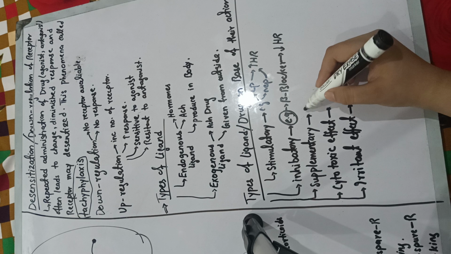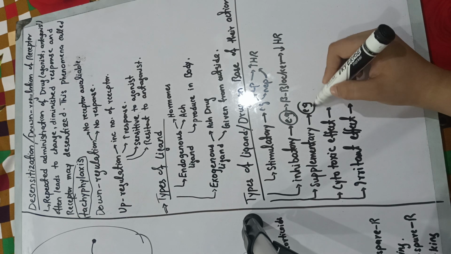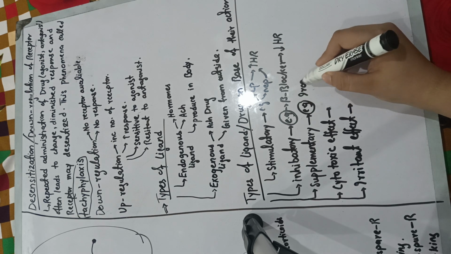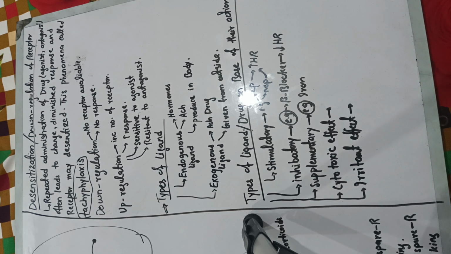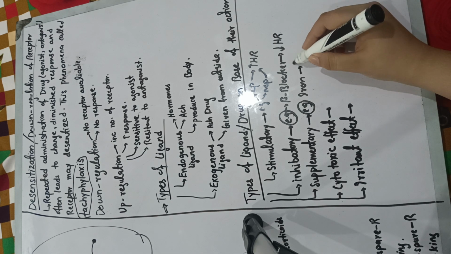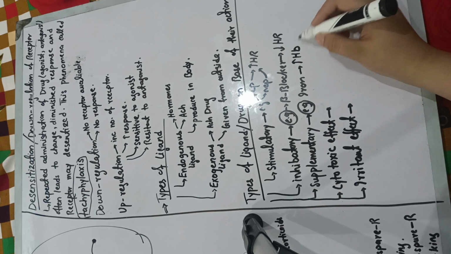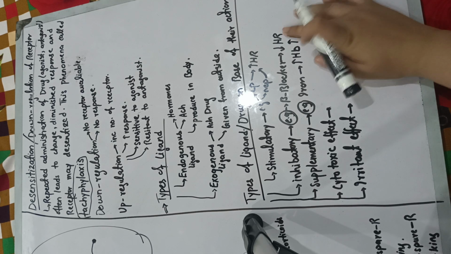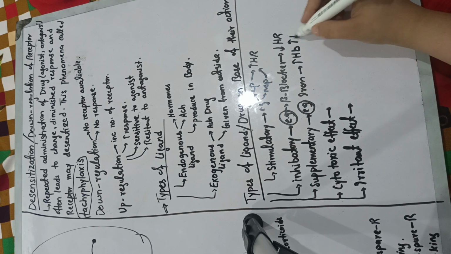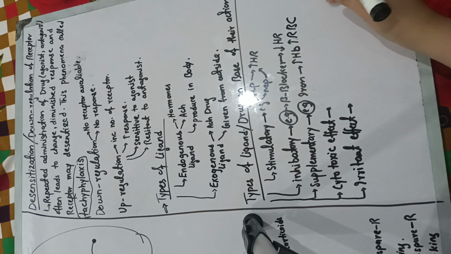supplementary actions. An example is an iron supplement. An iron supplement is useful when you have anemia. In anemia you have a deficiency of iron, and a decrease in red blood cells due to decreased iron. So when you give them an iron supplement, their hemoglobin increases. Due to the increase in hemoglobin, your RBCs increase, and as a result your blood is